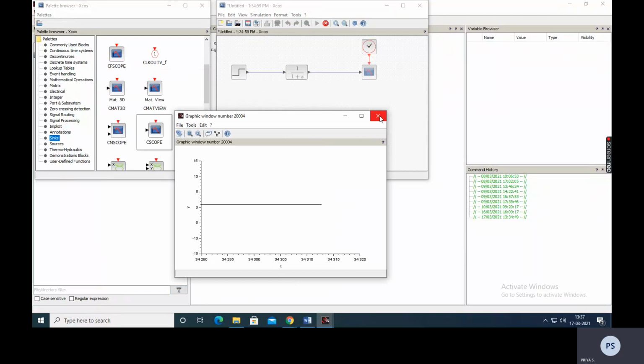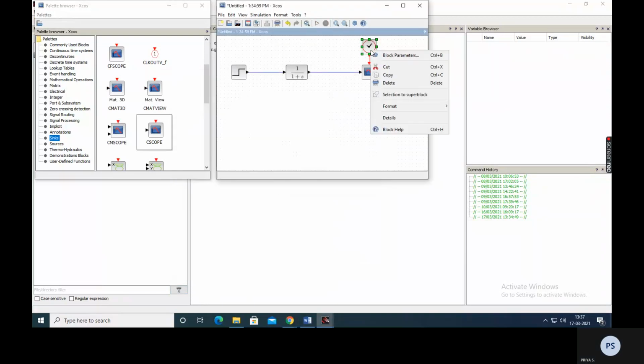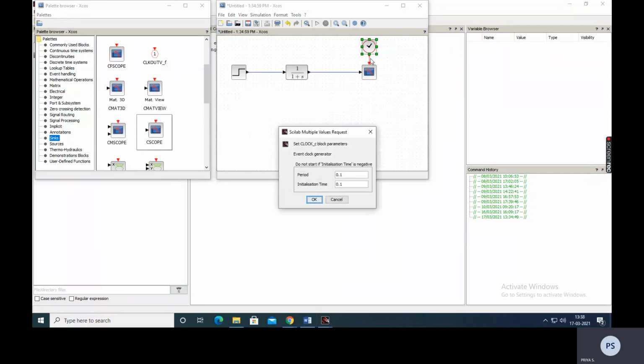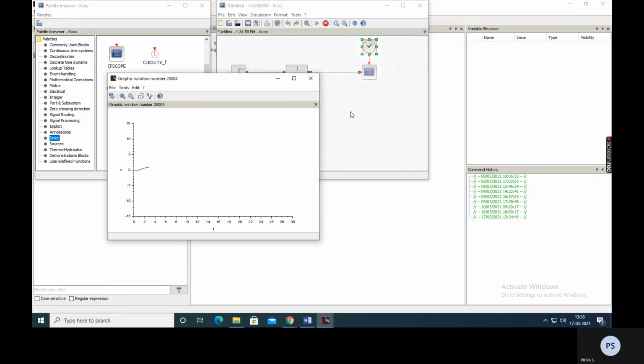So I am going to delay the output. When I am delaying the output, then only I can see that. For that, I am going to open the block parameters. It is opened. In that clock, I am going to change the period. Initialization time is okay, but the period is too fast. It is quickly running. So I slow the value, 0.001. Now you see that. I think the speed of your output response is reduced because we are giving the time delay.